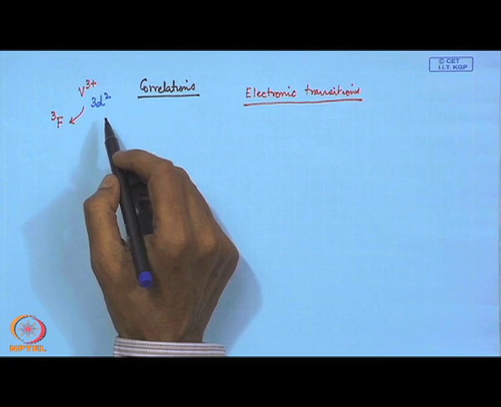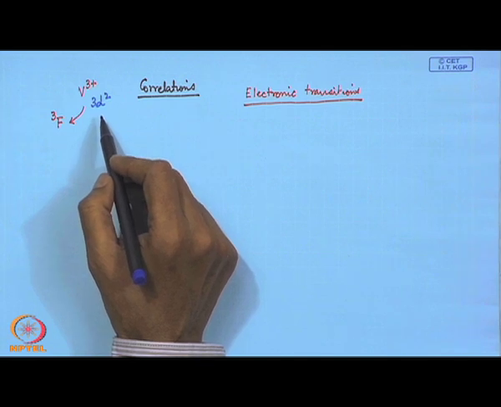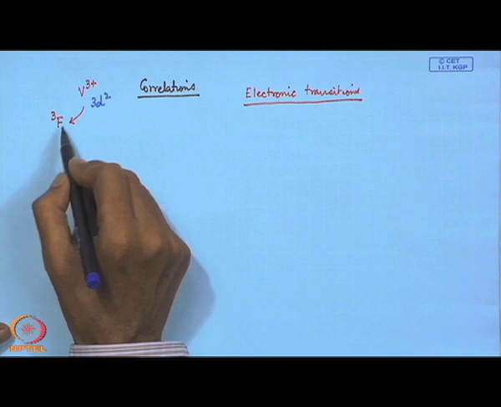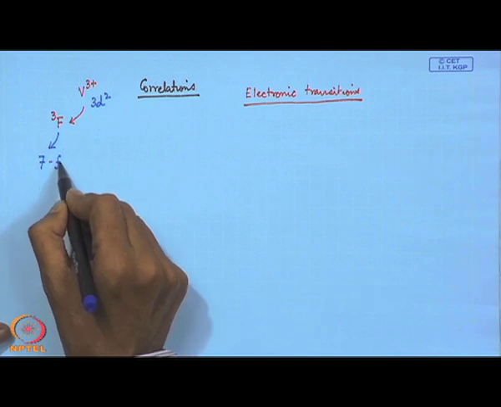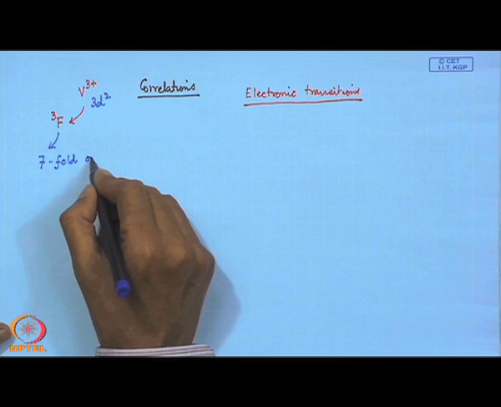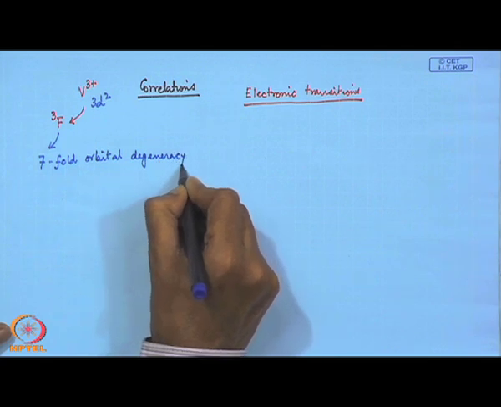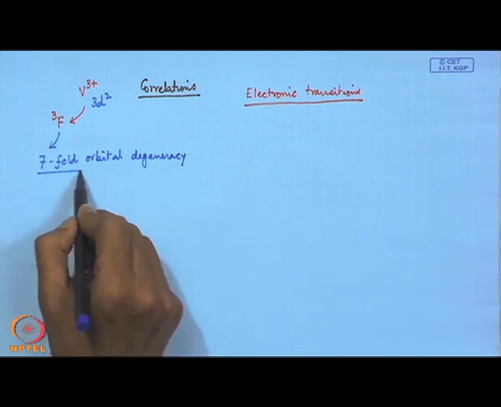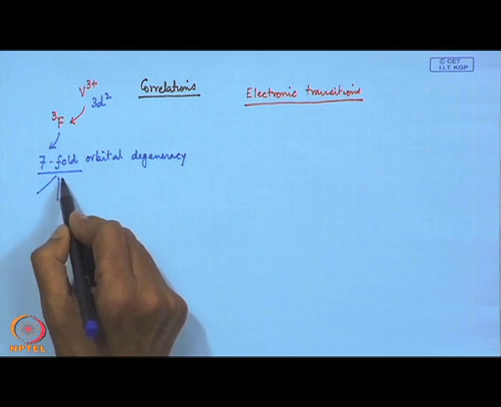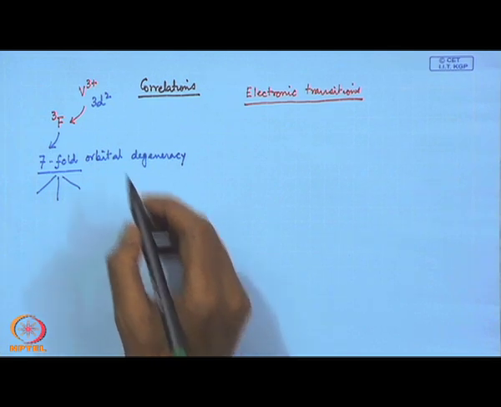and the overall interaction we get is due to the different term symbols for the orbital angular momentum and the spin angular momentum interactions. So, when we get this particular F term, we know that it has the corresponding 7-fold orbital degeneracy, and we will see how we have the corresponding splitting for these degenerate levels once we put that particular free ion system